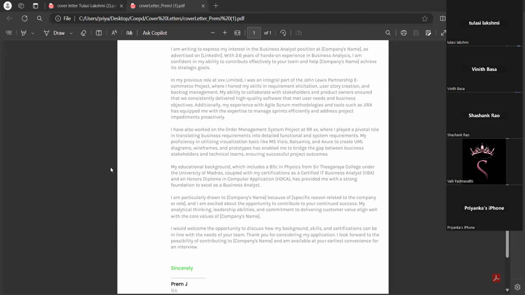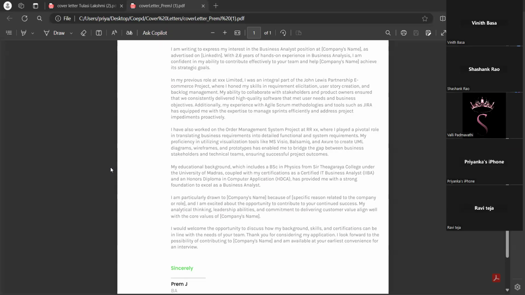MVP is nothing but minimum viable product. Basically, it is the essential features that I have to deliver to the client, what the client would need immediately. Those are important user stories, and we prioritize the user stories like 1, 2, 3, or with certain techniques like low, medium, high. This helps everyone focus on the most important tasks, allowing us to deliver value quickly and reduce conflict.